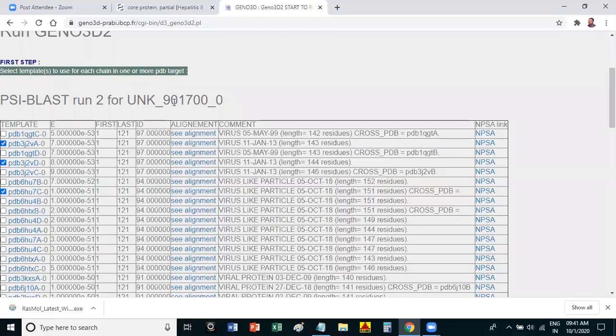Those 97, 94 figures are nothing but your identity, what you get in your BLAST. In BLAST also it was different, the percentage of identity or similarity. I showed you how to calculate all those percentages of identity. What I am saying is that you have to select some sequences from here having more identity, more than 60% identity.